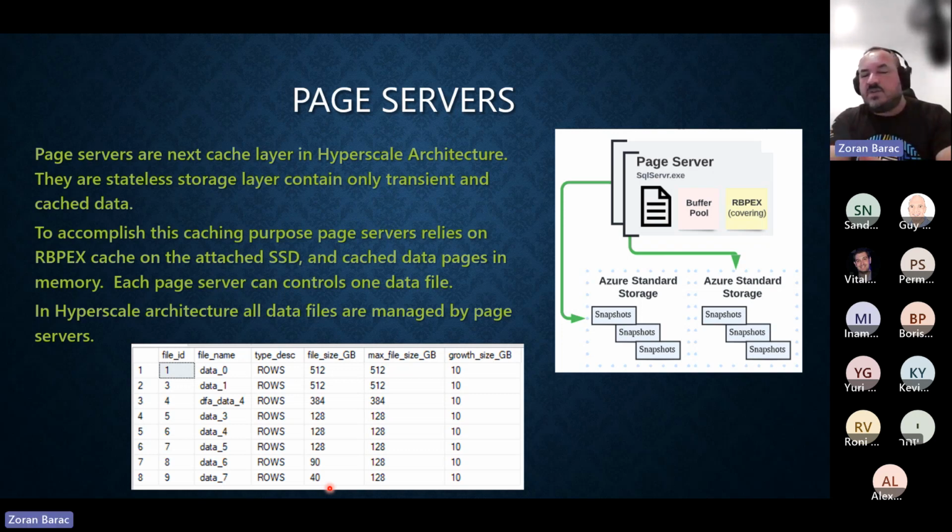And you don't need to control that. And this is what is actually giving you that restore and backup speed, because you have backup snapshots on Azure storage. You have a snapshot, but those snapshots are just subsets of all of those page server files, as you can see here. So why do I have a different size here as a file size and the maximum file size?